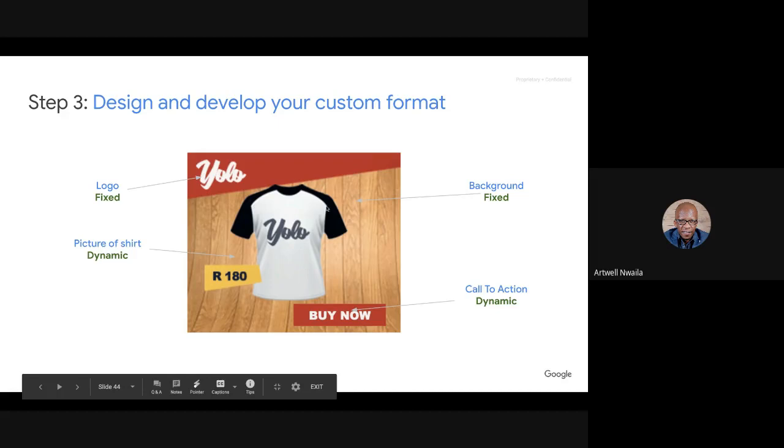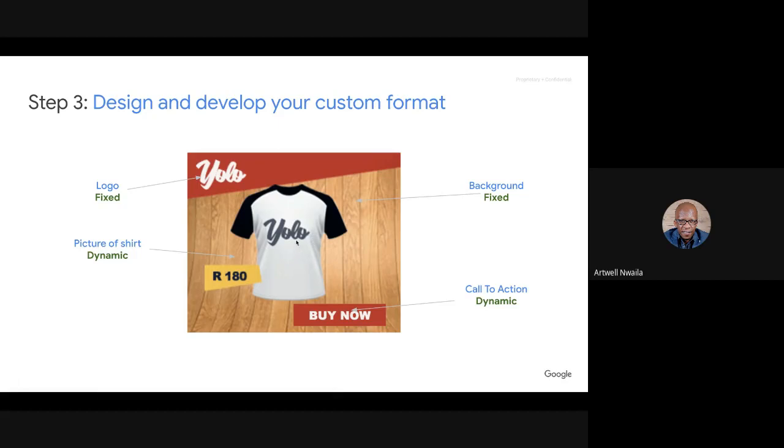So our asset's been designed and it looks like so. We know that based off what we've received, that in Joburg, this particular T-shirt is doing pretty well. So we're going to make sure that in Joburg we'll show this. But we also want to make sure that in different regions we can change out the T-shirt based on the